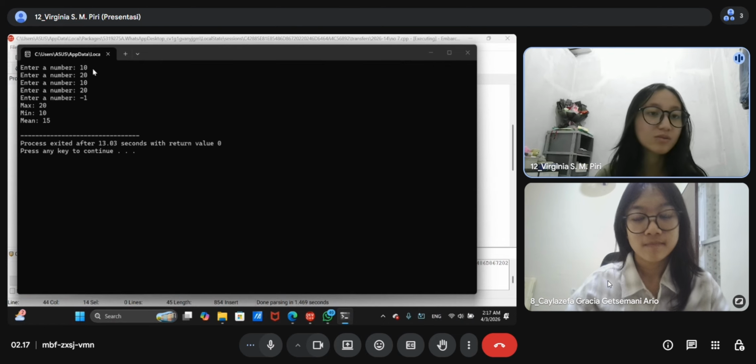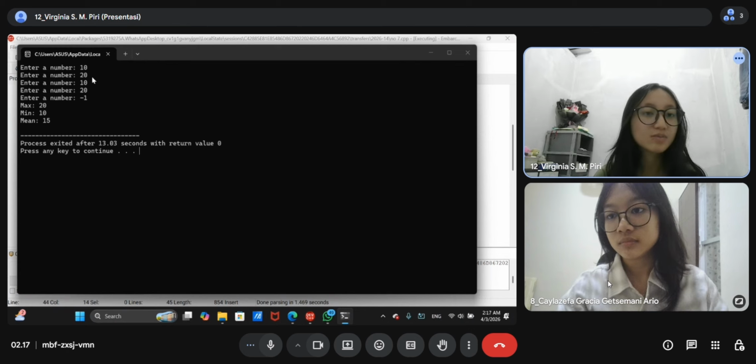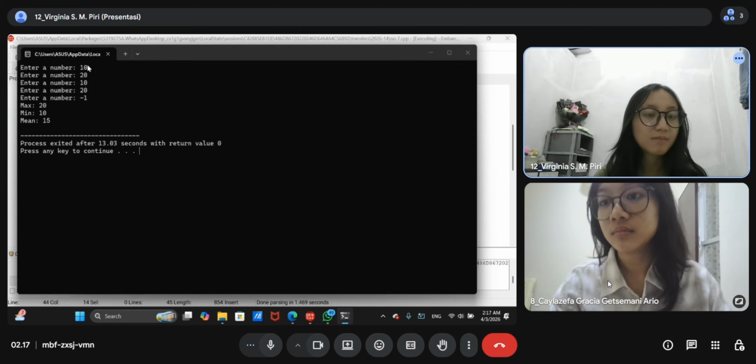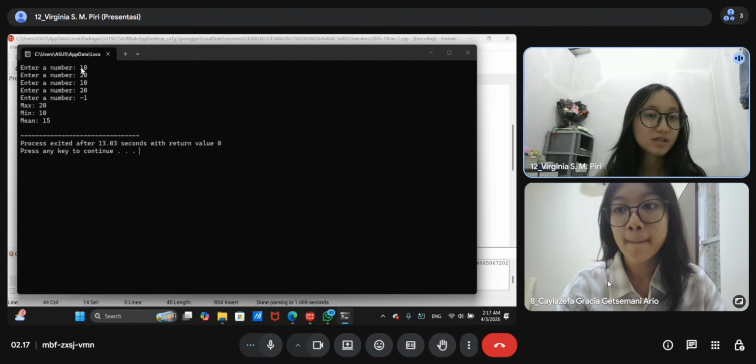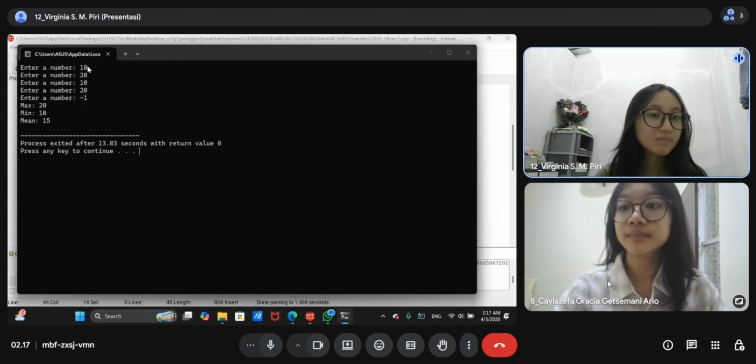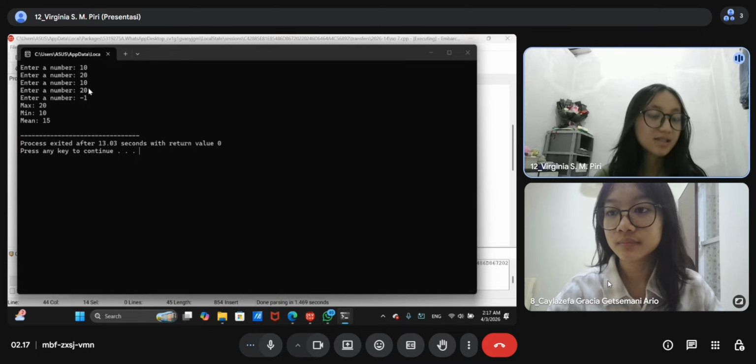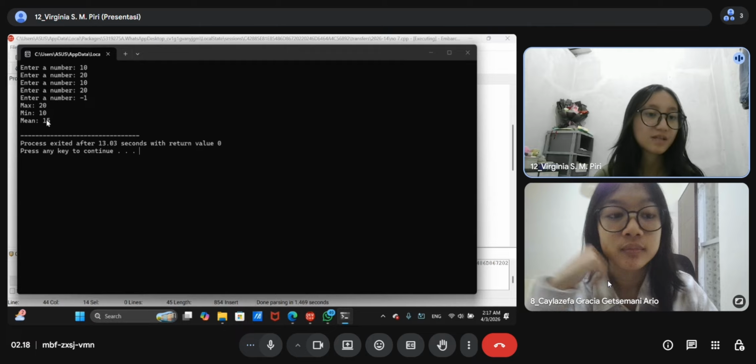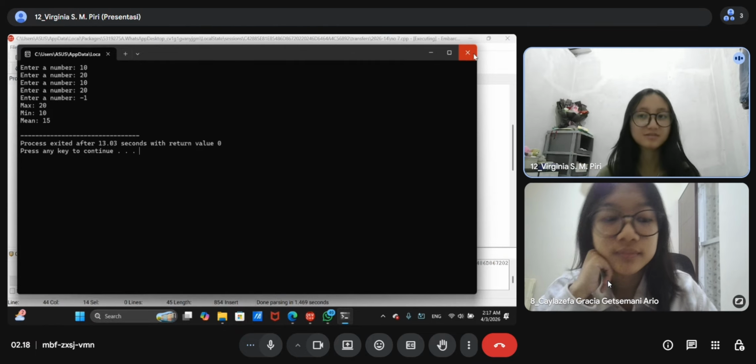We know the median is we have to add all of these first, and then this all will become 60, and then 60 will be divided by 4 because there are 4 numbers, and then 60 divided by 4 is 15. So this program works.